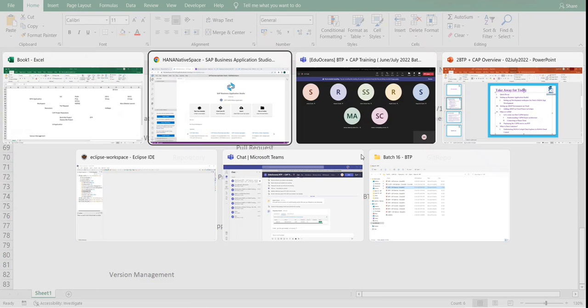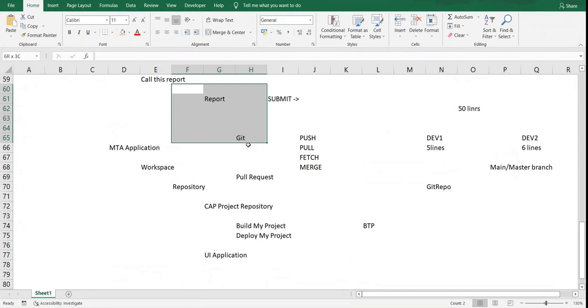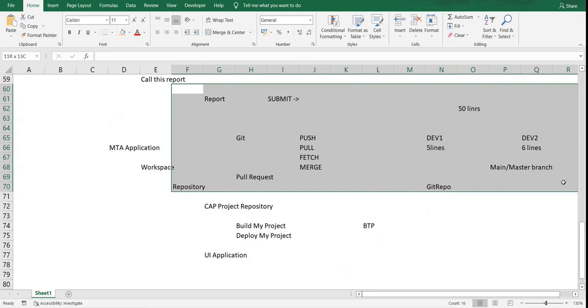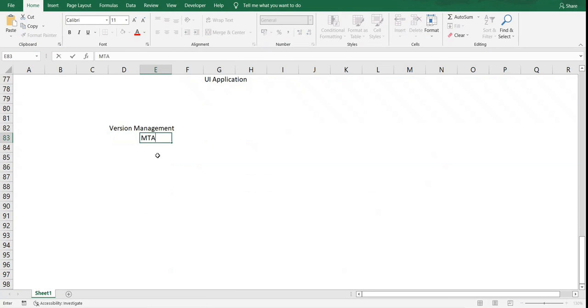One more thing, in an MTA, so this is a code version. What I mentioned is a version of a code. In an MTA, we do have a version of a running application. I'll show it to you. In the MTA, we do have a version. Let's just say